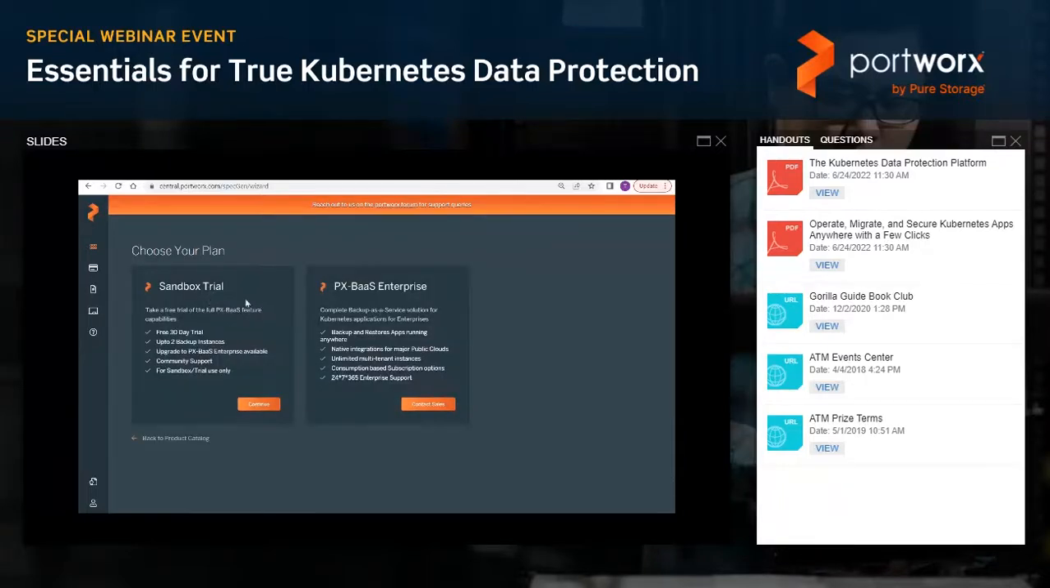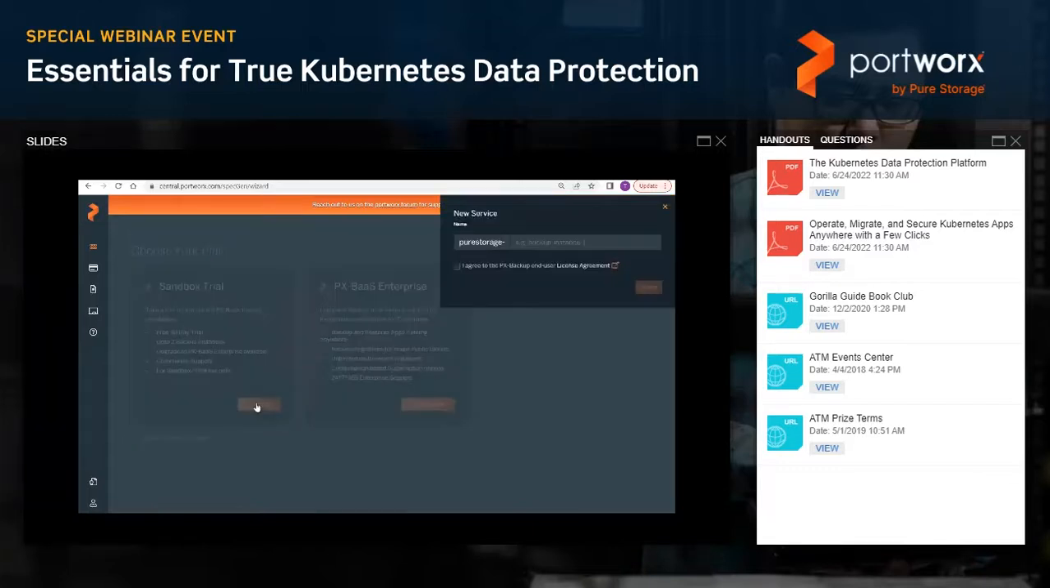And there's two options here once you choose SaaS. So you can use a sandbox trial, which is a free 30-day trial. You can have 2 backup instances. This is basically for you to try out the product and get familiar with it and see if it's going to work for you. Once you have gone through the sandbox trial, you can go ahead and upgrade to our PX Backup-as-a-Service Enterprise license without having to modify what you've done in the trial. So let's go ahead and select a sandbox trial